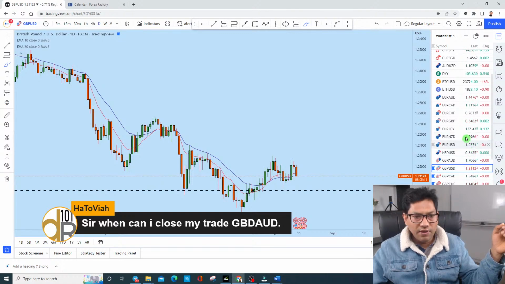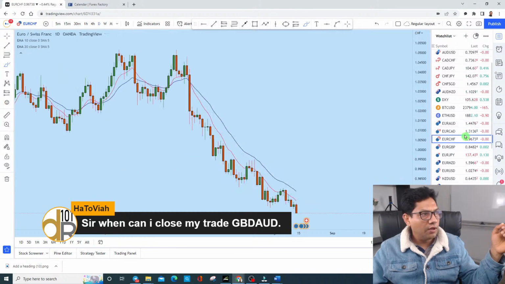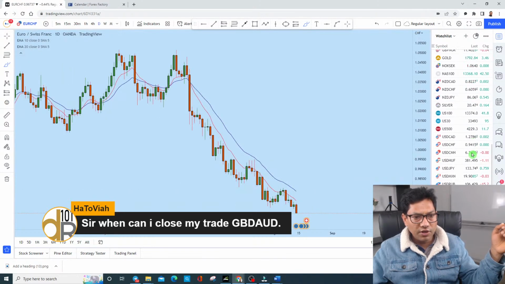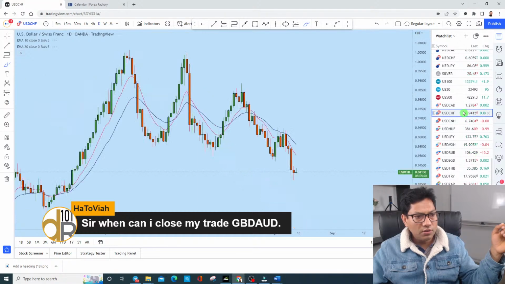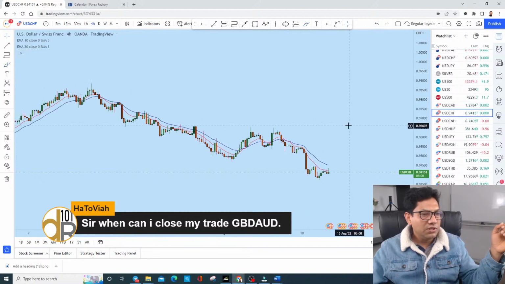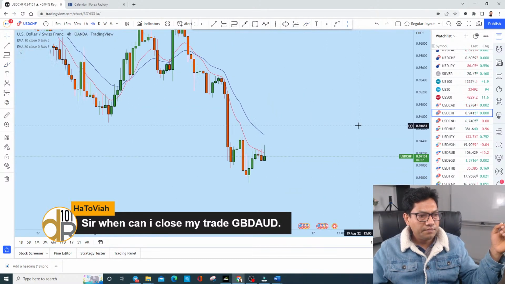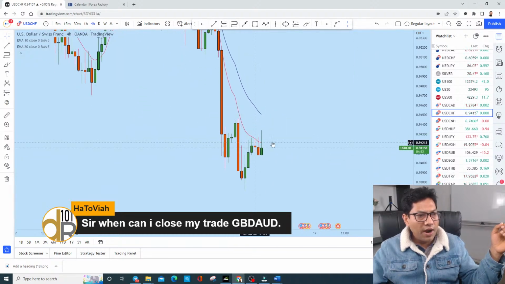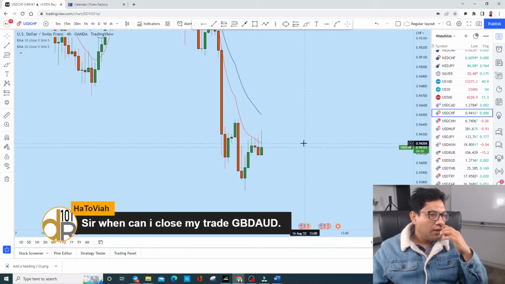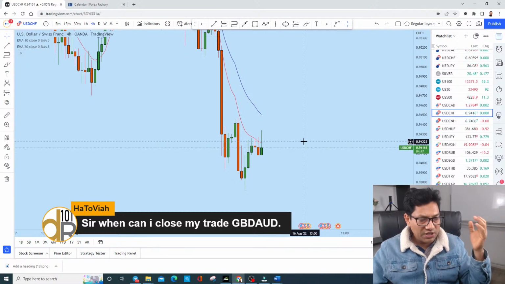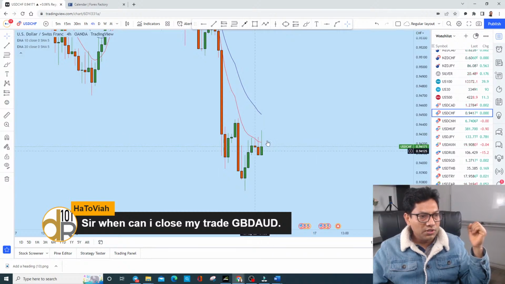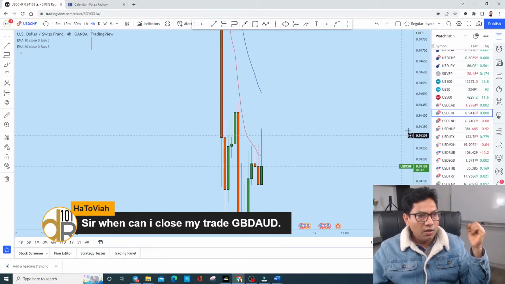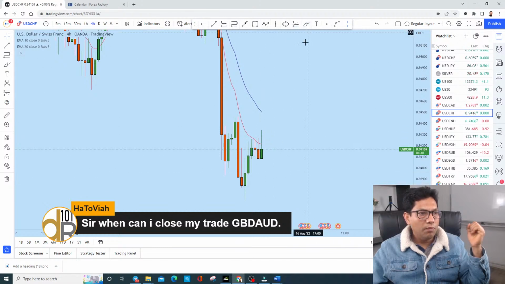So USDCHF, let me look at all these pairs that are currently giving trading opportunities. Okay, so USDCHF, you can see that. All right, so what I think is that USDCHF might go in a sideways movement. The bias is still bearish because CHF is very strong. So this candle forming, I think that after that we might see sideways movement on USDCHF.